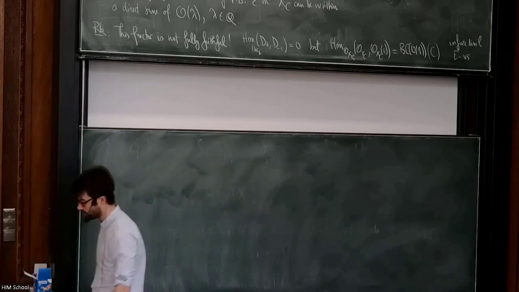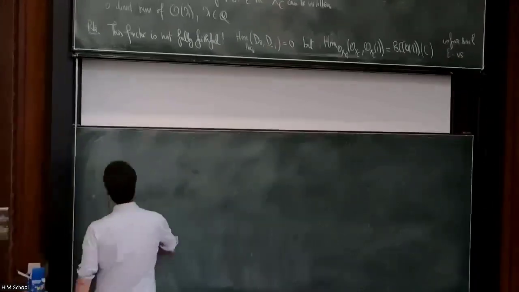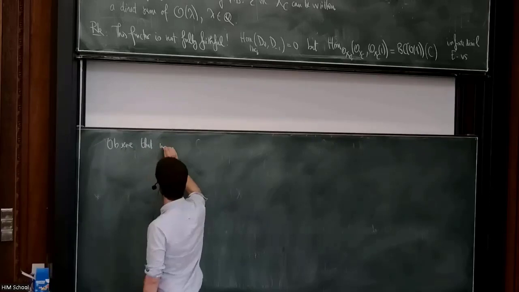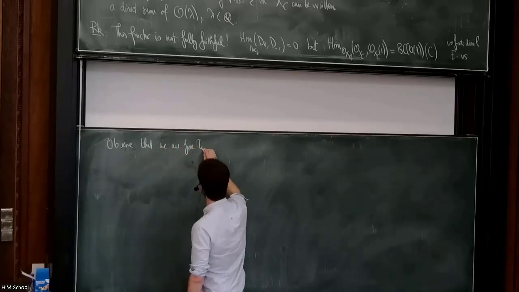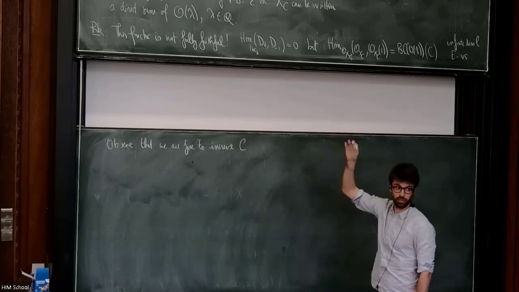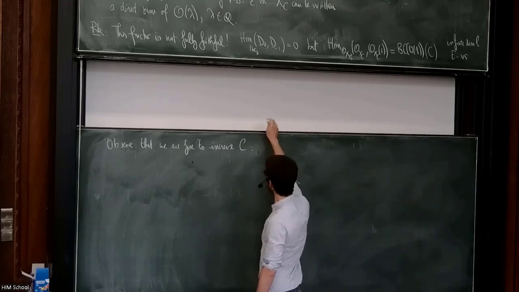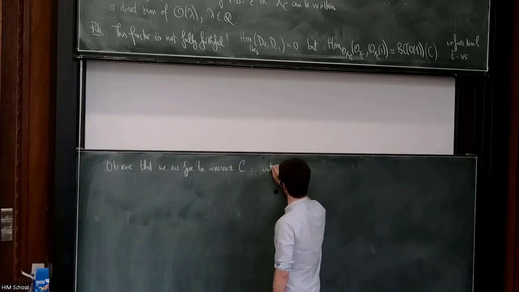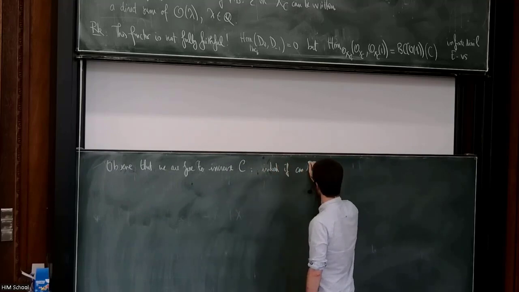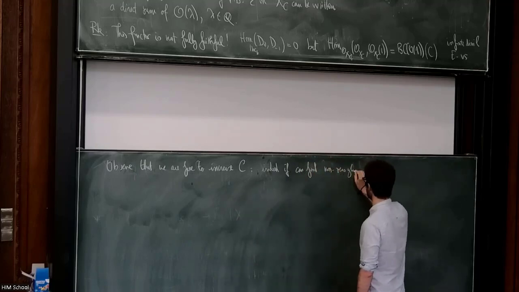Okay, so that's one, so to say, first reduction. Then the next reduction is to observe that we are also free to increase C, i.e. to replace C by some bigger perfectoid algebraically closed extension of F_q. Indeed, if we can find a non-zero global section of our vector bundle E on X_C